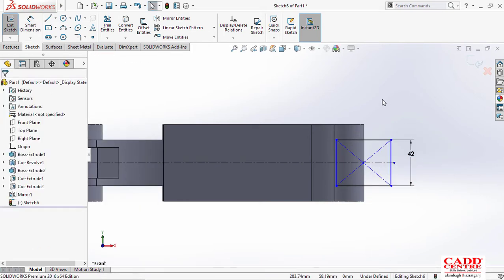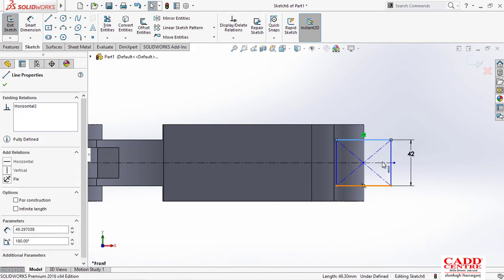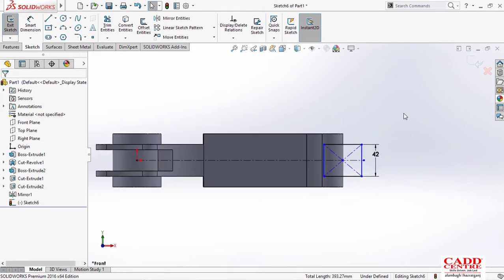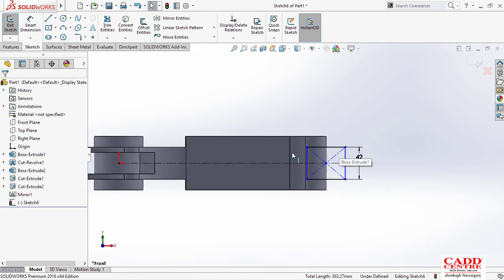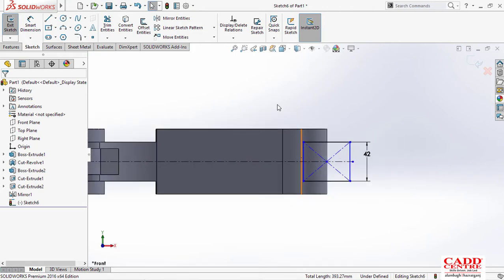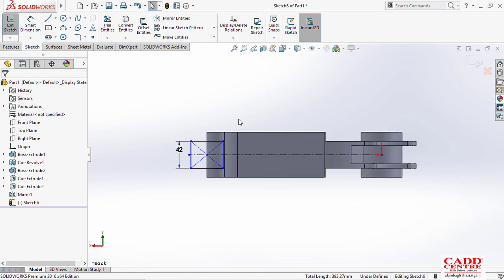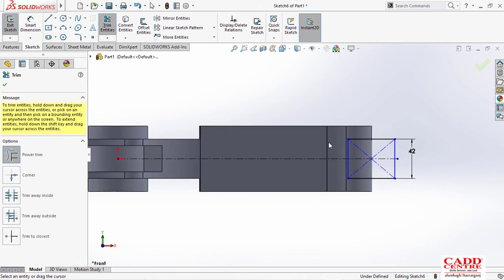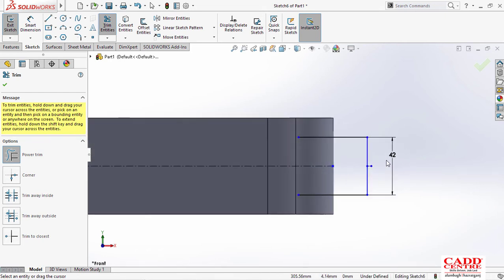After that, just make all of them symmetric. So select this one, select this one, and select this one, and make all of them symmetric, so that it will not be wrong, otherwise we will not get that. Okay, so now let me just go normal to view. So now you can just extrude cut all those things. So this one, this one, this one. So let me just extrude cut